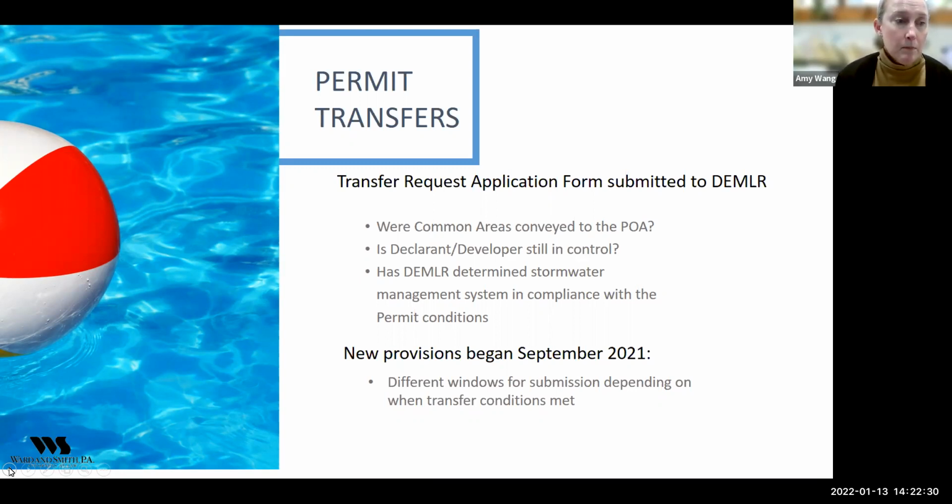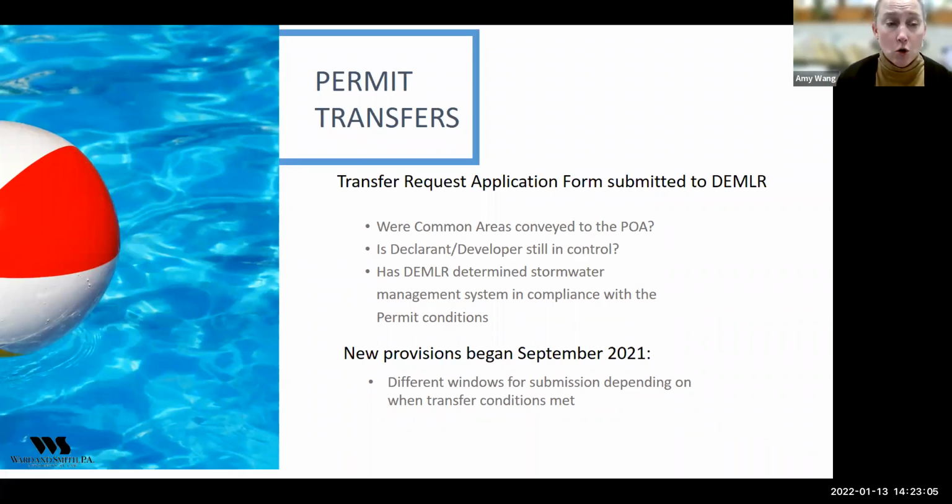The lengthiest provision does address these transfer issues that were occurring, particularly in the case of an absent developer. So now there are provisions for transfers that require both the permittee, the developer, and the new permittee, and they have to join together to request the transfer.